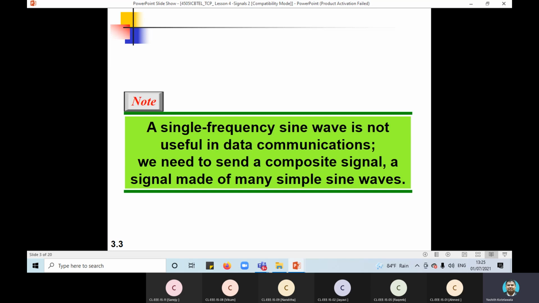Then year by year the development came, more research, and all these telephonic networks were converted to digital. So in the telephone set, what happens? When we talk to the microphone, they take the analog signal and convert it to digital, and then keep on transferring it all around the network until it goes to the other telephone to be listened to by the other person, right? So normally the voice was analog, and